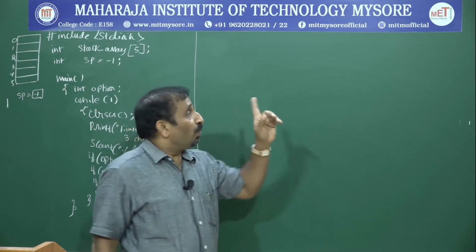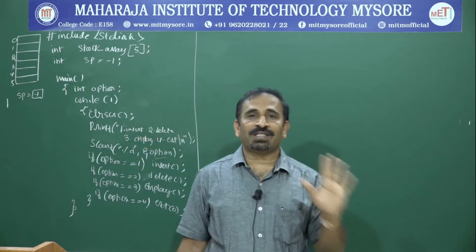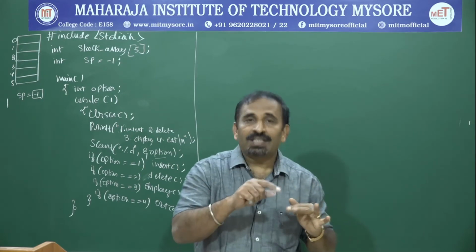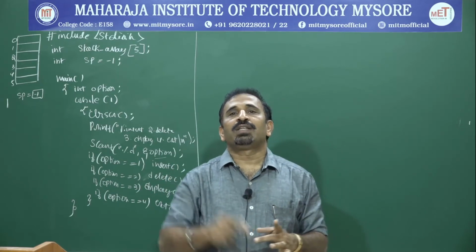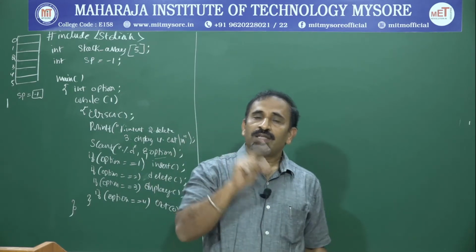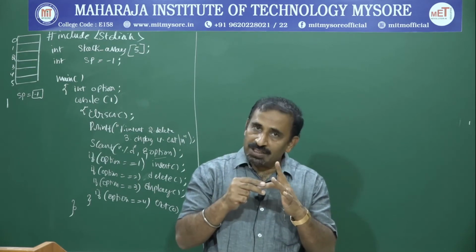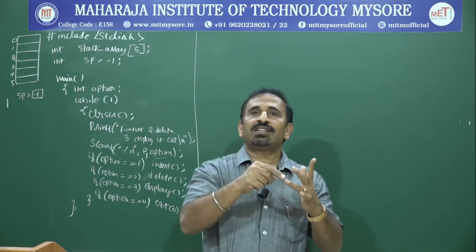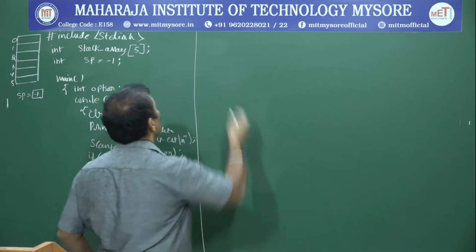When you do insertion, first thing you have to check for overflow. I mean, do you have space? Second thing is increment the stack pointer. If you have space and you have decided to insert an element, then increment the stack pointer, then insert the value in the position shown by SP. First, check for overflow. If there is space, then increment the stack pointer, then insert the value shown by SP. There are 3 steps. That's all. We'll write the function now.